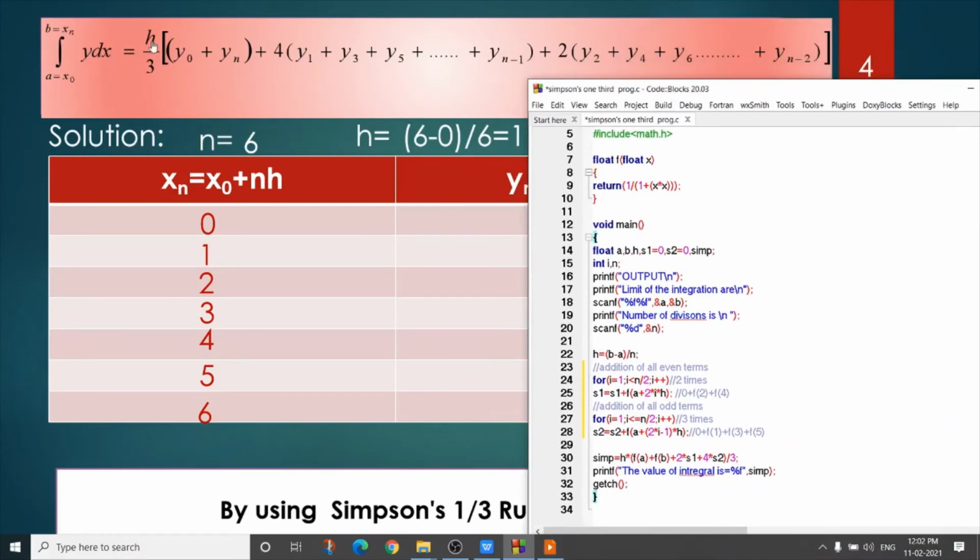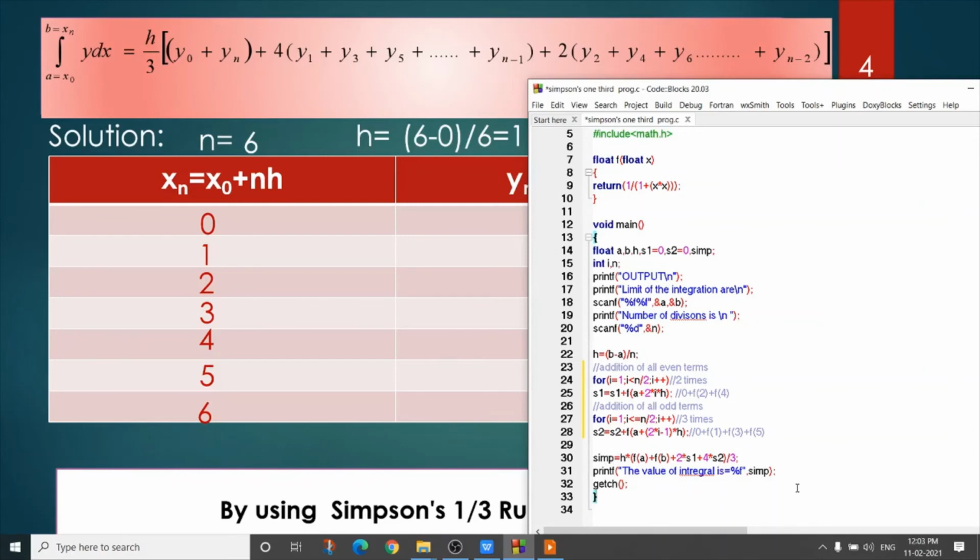The formula is h by 3, see here h by 3, y0 plus yn, that is fa plus fb, plus 2 into all even terms. So 2 into s1, that is the addition of all even y terms, and 4 into s2, that is the addition of all odd terms of y. Finally, when I print the value of sum, it is our required result.